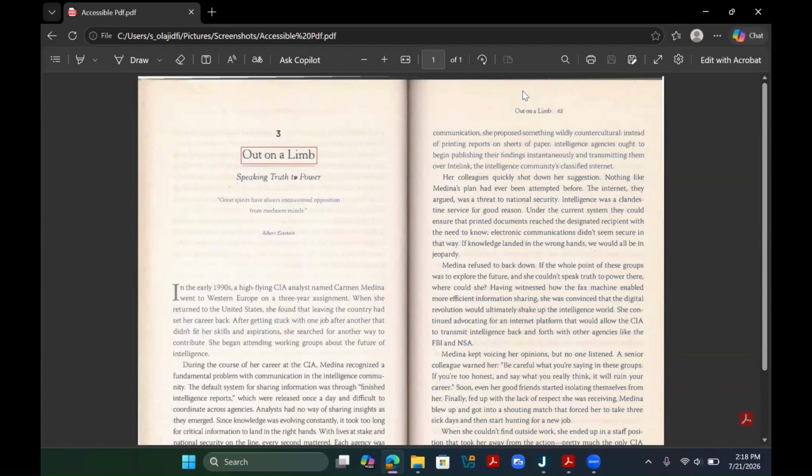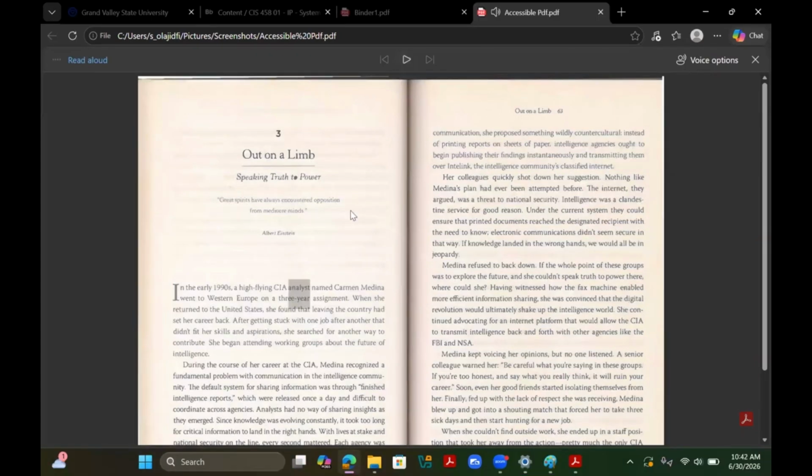Heading level 3. Out on the limb. Speaking truth to power. Quote, great spirits have always encountered opposition from mediocre minds. In the early 1990s, a high-flying CIA analyst named Carmen Medina went to Western Europe on a 3-year assignment. When she returned to the United States, she found that leaving the